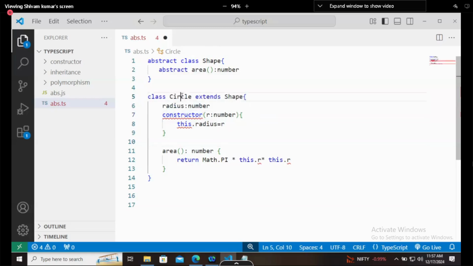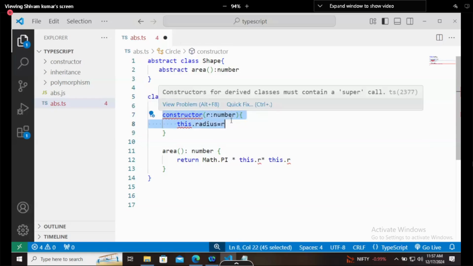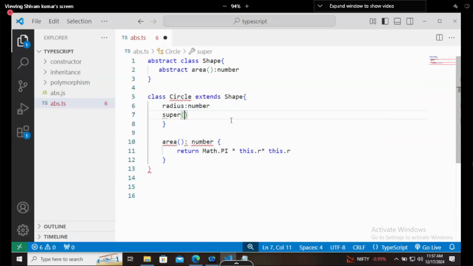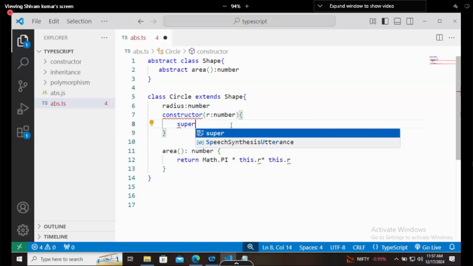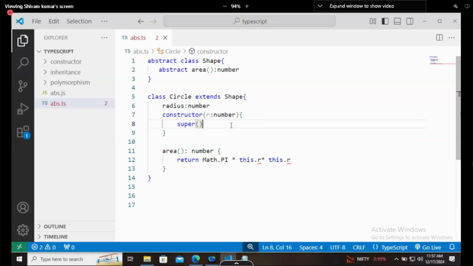Now this particular Circle class is deriving from an abstract class. It should be marked with the super keyword. Okay, now what is this super keyword? What it will do is call the base class properties. What is the base class here? Circle. Now if I want to use it in this way, then area will accept the number, and here you can write something called r.